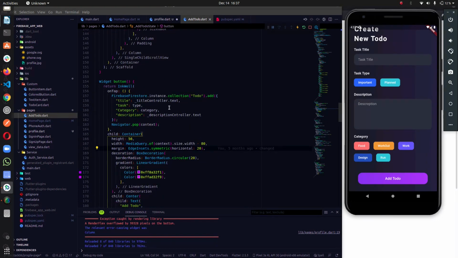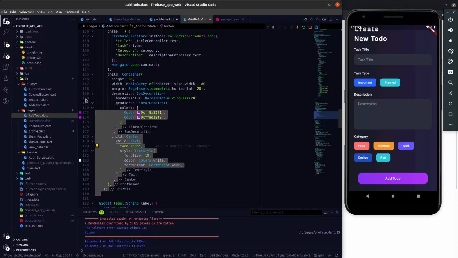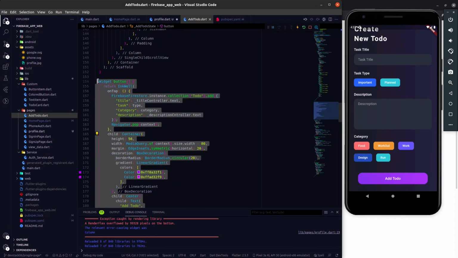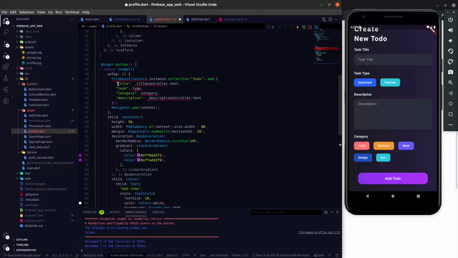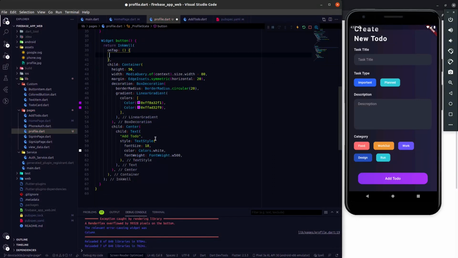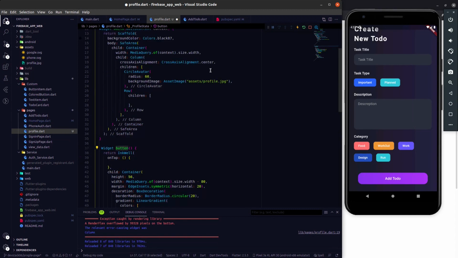So this is the add to do page button. Let me just copy it. I don't want to write the code again because I wanted to complete this very quickly. The onTap related thing you can just remove, and instead of add to do, let me use upload. Okay, and let's use this button here.